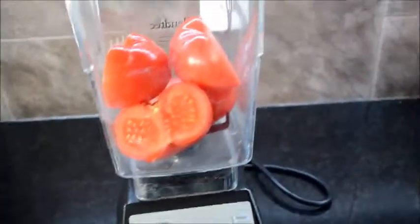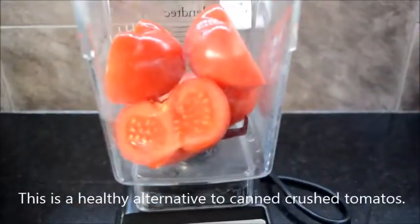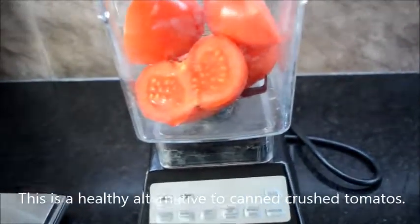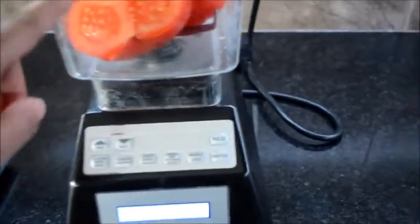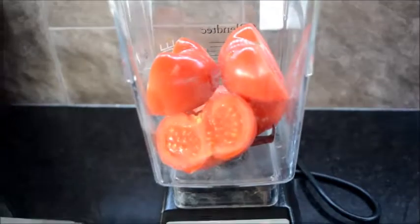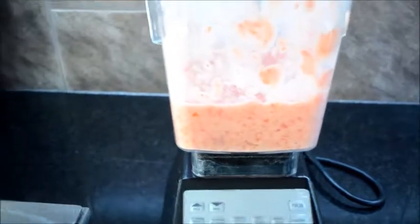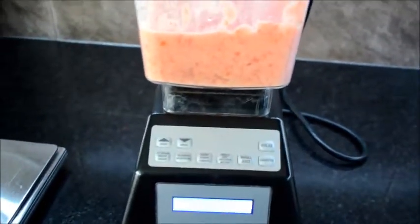Alright, so I would usually use crushed tomatoes for this recipe, but I've decided that this is a lot healthier now that we have got this blender. So we're starting to do a lot more things using the blender. So we've got fresh tomatoes in here, and so I'm just gonna crush them myself. I'm just using the pulse button. As you can see, this is really strong. Pretty loud as well. And that's good enough because I don't want it like soup. I just want it crushed. So that's good. And then to add some color, I'll add some paprika and tomato paste to make it a